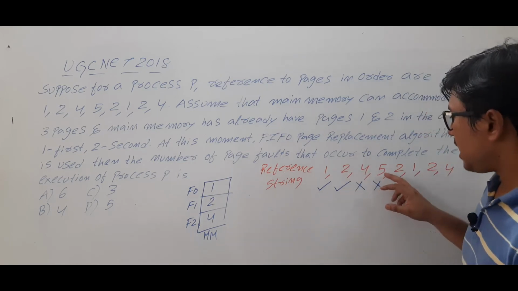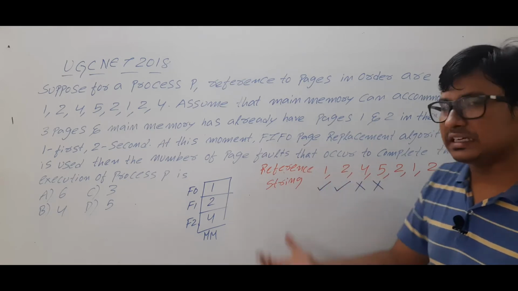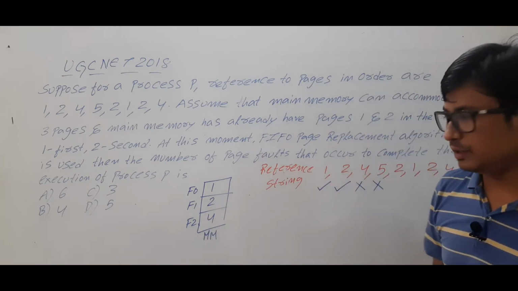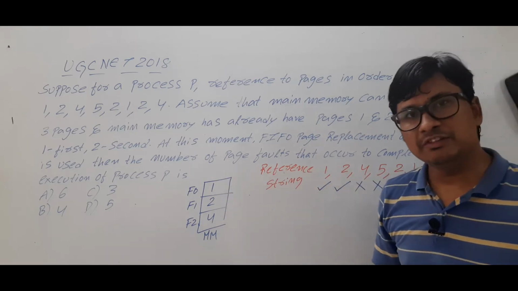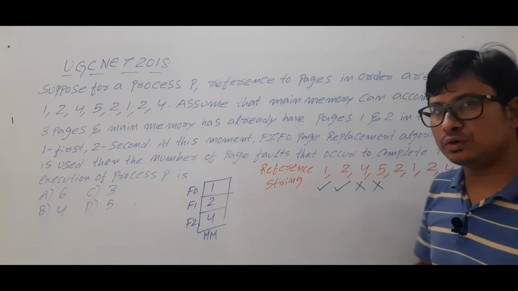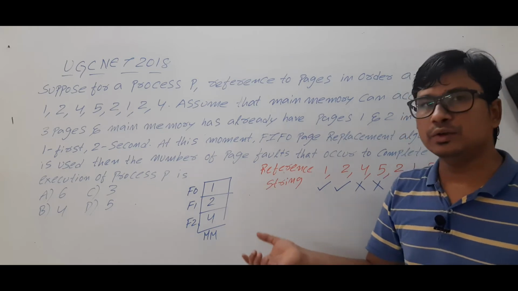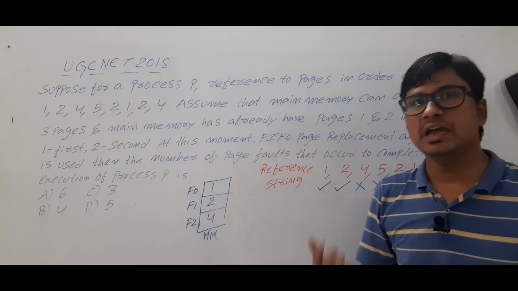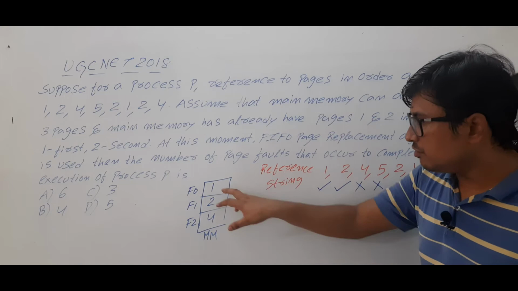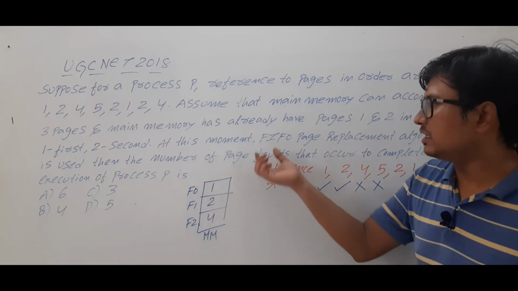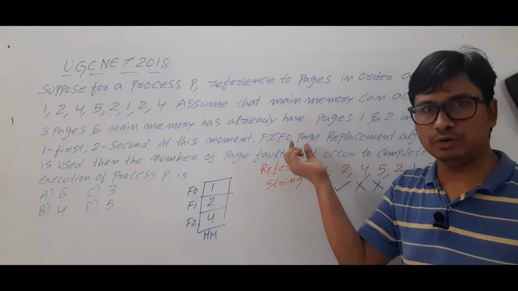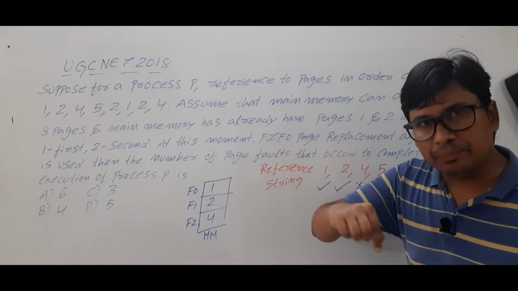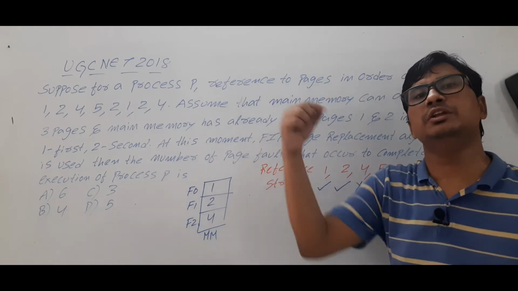Now as the CPU wants to execute the instructions in the page number 5, it should be loaded into the main memory. However, the main memory is full. If main memory is full and if you want to load a particular page, then you have to remove one of the pages and load this page number 5. Which page you have to remove, that depends on the replacement algorithm. As it is a first in first out page replacement algorithm, the page which was inserted first should be removed first.